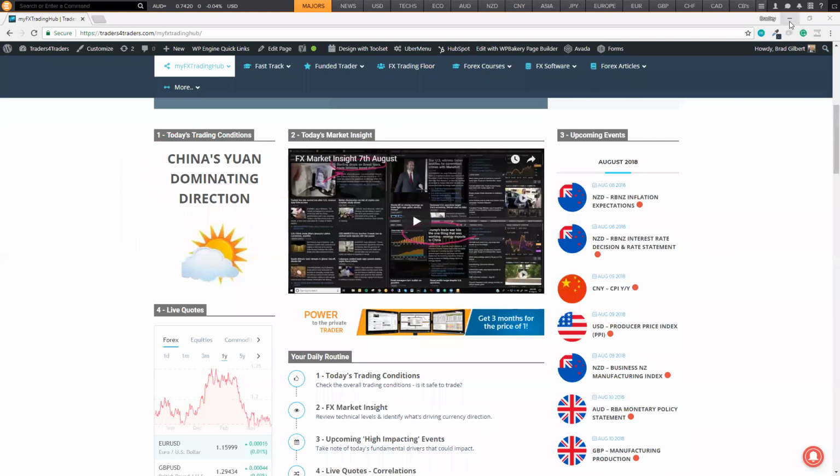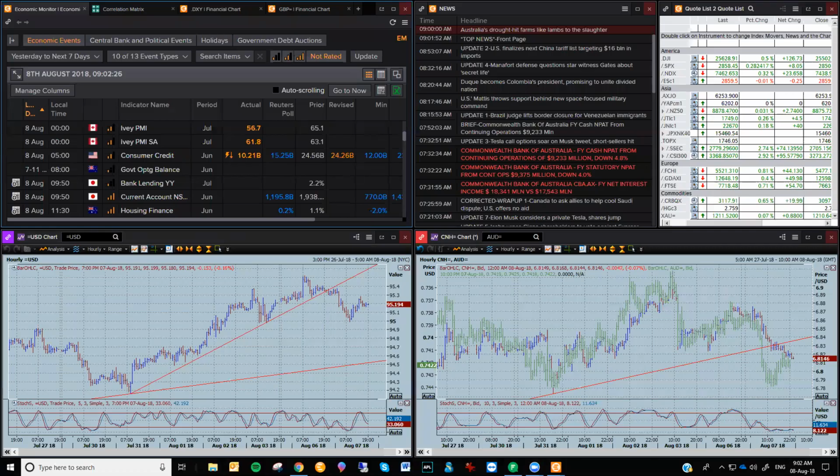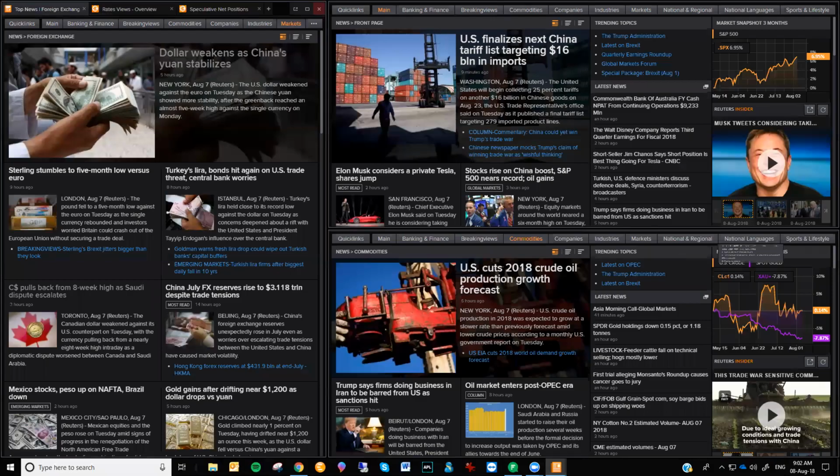Okay, and if you weren't sure about that, I'll just change it back to the main pages here. You look at the general news pages and you're going to start to see a lot more of this where there is a situation where the yuan is starting to come up. Obviously, the trade issues are going to intensify, and that's where that Chinese yuan is going to really come into play. Now, the US, just on the right here, finalised the next China tariff list, targeting another 16 billion in imports, right? They aren't done yet. So this is going to be an ongoing issue that we need to get comfortable with the yuan moving around and what impact it has on the other majors.